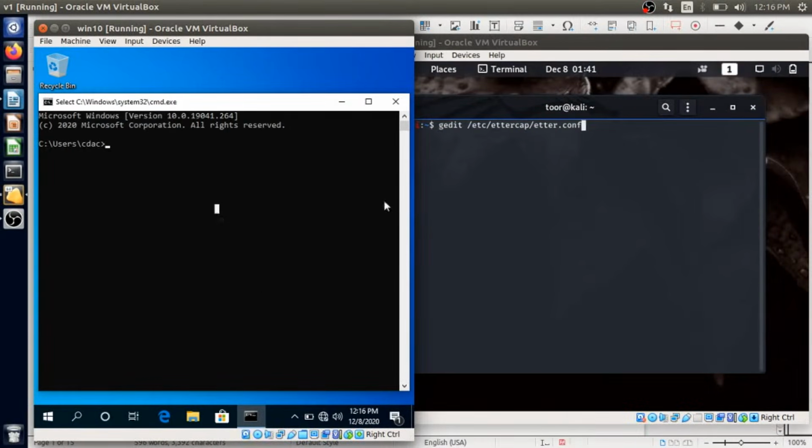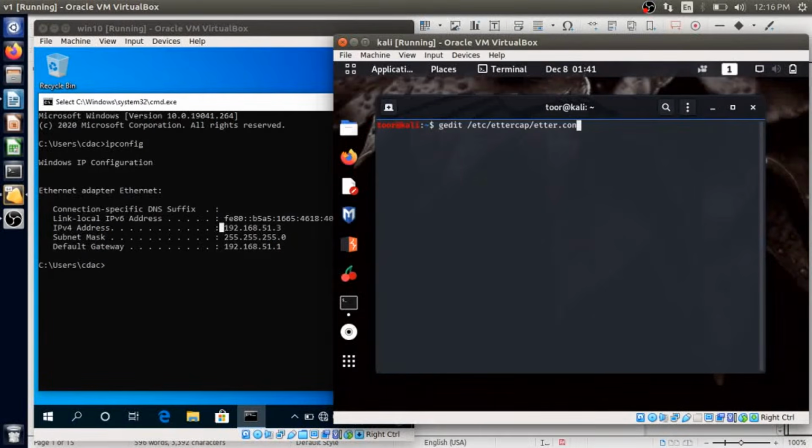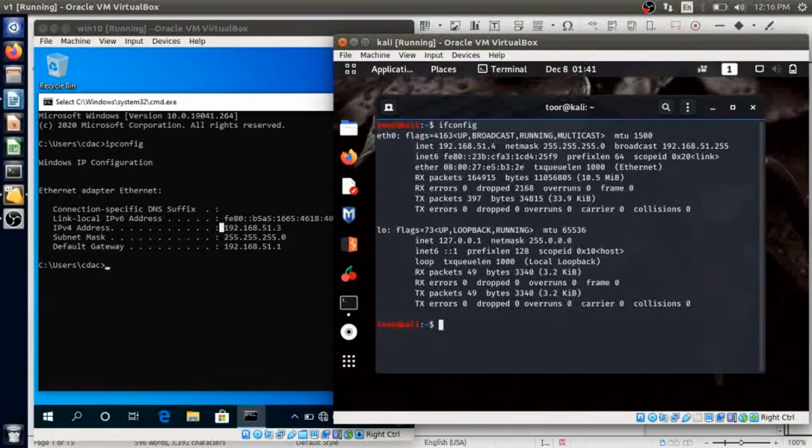The Windows machine is the victim machine, with IP 51.3, and the attacker machine is Kali Linux, with IP 51.4. Before doing the attack, we need some changes. First we'll see it step by step.